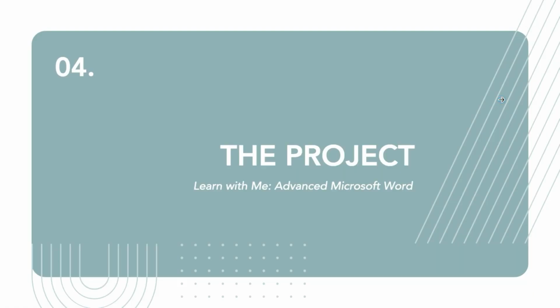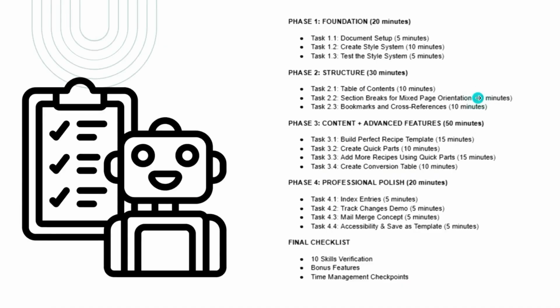So let's look at what our outline is for the project. These are the phases. I told Claude that I had 2 hours to learn this, and it ended up being just about 2 hours. So this time estimate was more accurate than I expected it to be. So we're starting out with document setup, setting up the styles. We build in the table of contents, start doing the sections and bookmarking for the different parts of the document, adding more content, creating quick parts, adding in some differently styled sections, then going through and making sure we've got a good index,